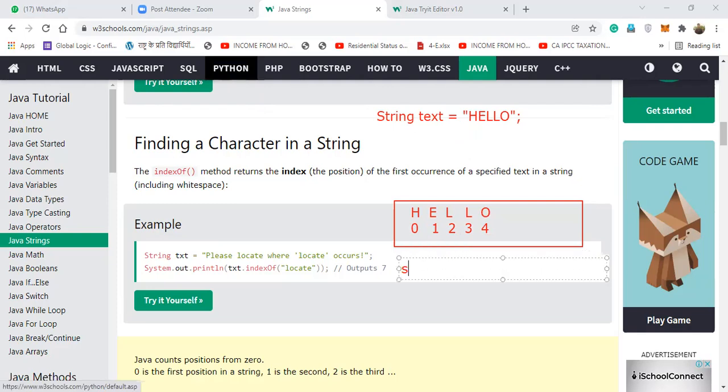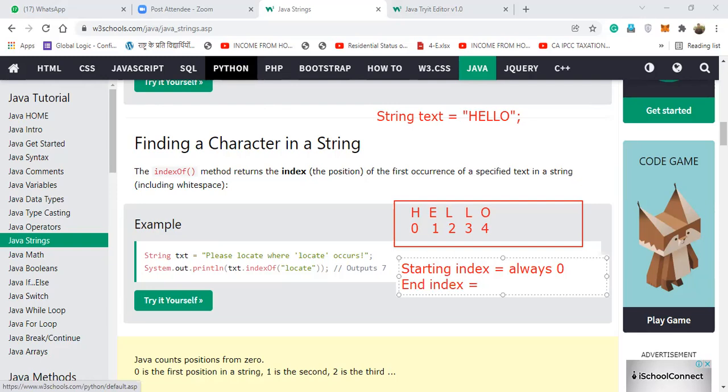I'll write here: starting index. When I say index, you are understanding now? Yes, ma'am. Always 0. But the end index is length minus 1.